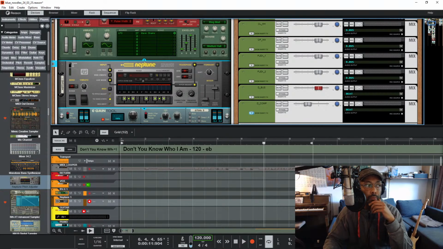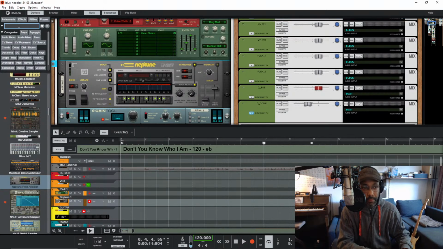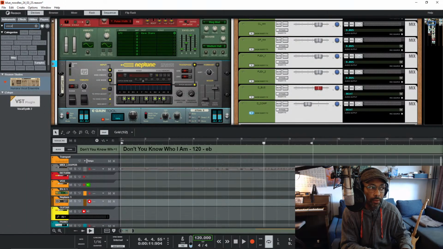You can kind of create this kind of barbershop chord. But also, one more thing. If I'm correct, I probably should have that plugin. It's, I think, in the Native Instruments Essentials subscription. What is it called? Vocal Synth something, right? Ooh, yeah, we got that. Maybe we'll play with it. I know it a little bit.